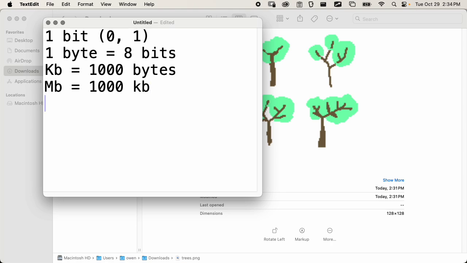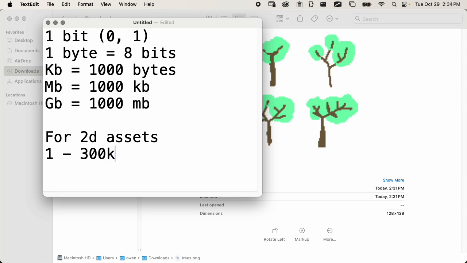A gigabyte is 1,000 megabytes. That's really, really big. If anything in your Godot project is a gigabyte, you're doing something wrong, and we need to figure out what happened. That's not crazy if you're making a 3D game, but that's obviously not what we're doing right now. We're doing 2D. So for 2D assets, everything should be in the kilobyte range. Let's say things should be from like 1 to maybe at the most like 300K. If it's above that, then we might want to look at what your